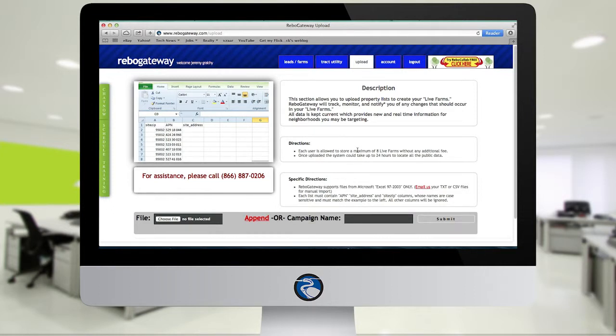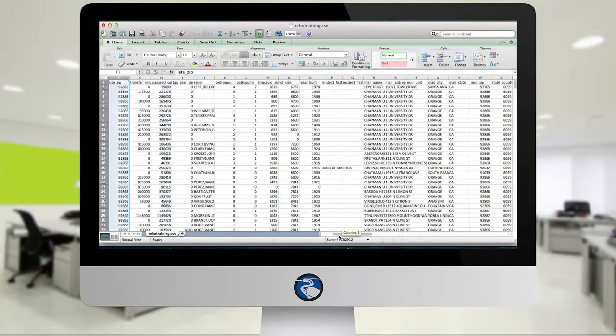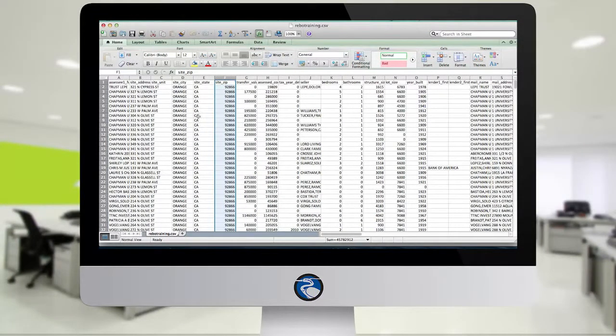to upload the farm. So the first thing you're going to want to do is go to your Excel or CSV spreadsheet, and there's going to be two things that we need here. Mainly the site zip code and the parcel number. So it's likely that in your spreadsheet you're going to have tons of fields here that aren't really necessary for the upload. So to tidy things up, what we could do is simply remove all the fields that are not